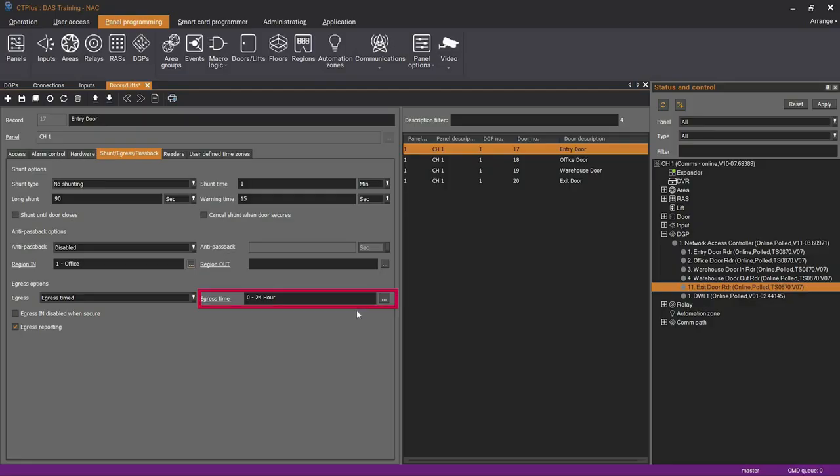The egress time zone field controls the times when an egress button will unlock a door to allow an exit. Select the time zone by clicking the Browse button or type the time zone number directly into the field. The Egress in disabled when secure checkbox controls the ability to use the egress button on any in reader to